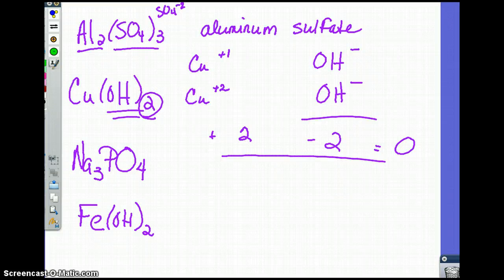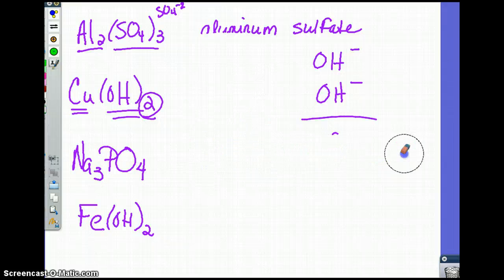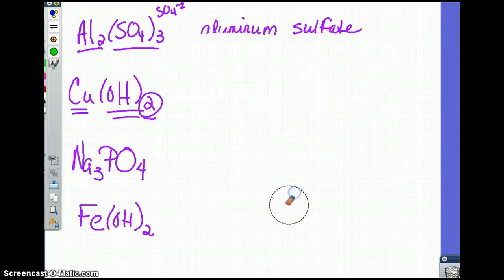And since there's only 1 copper in the formula, then that must be copper +2. So we have a +2 -2 = 0. And so when we name this compound, we would indicate that it was copper